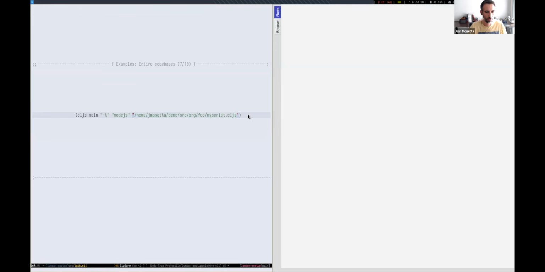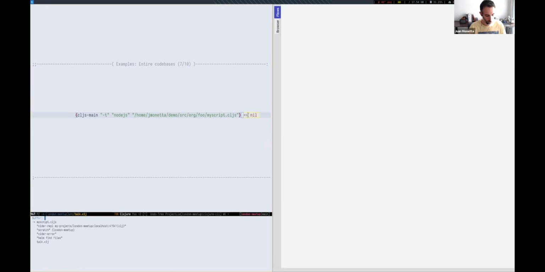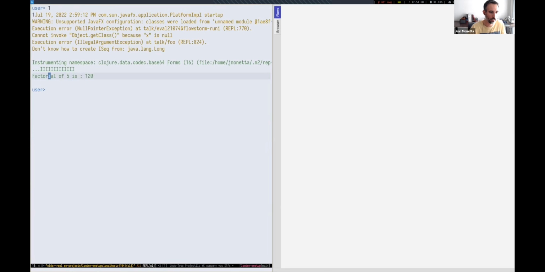Okay, so let's run this, and then that is compiling and running it. It should be done in a minute. Okay, and if we go to the REPL now, we are going to see here factorial of 5 is 120,